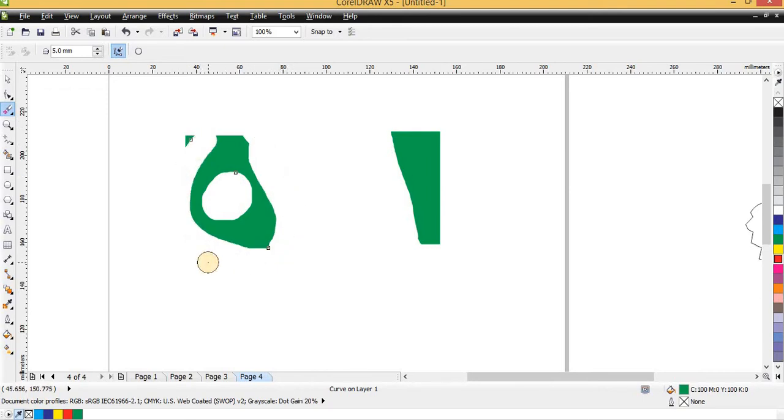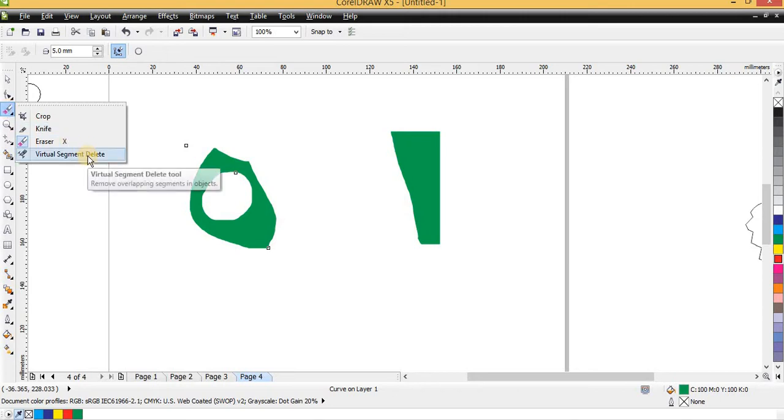Okay, to make it more smooth, but yours might not be that way, so you do whatever you want to do using your mouse, by using your mouse to follow through. Okay, that's the eraser tool. And the next thing is the vertical segment delete tool. Now it removes an overlapping segment in an object. If there is any segment that is overlapping, let's say